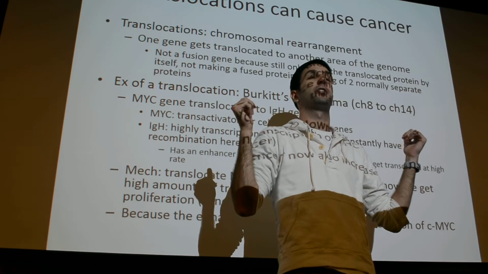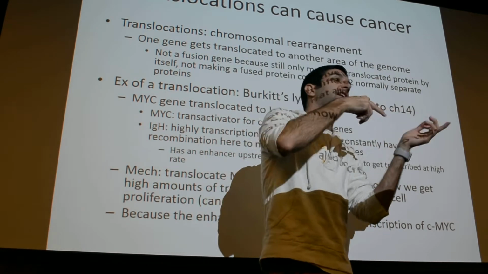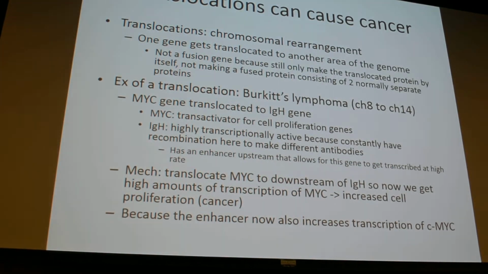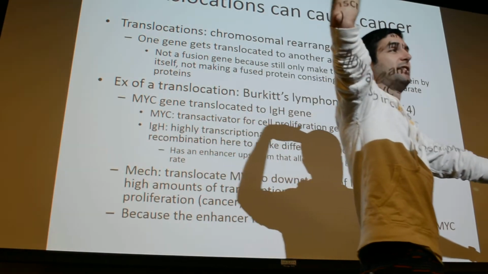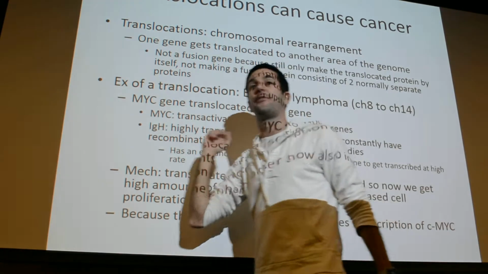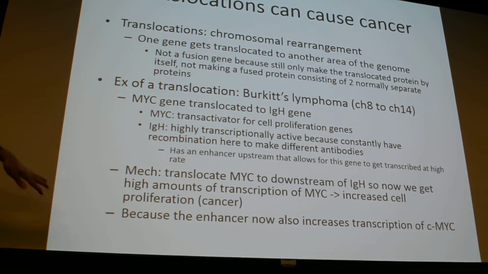These are B cells, right? Not T cells, sorry. These are the B cells. So they're constantly making IgH, IgA, all the different IgGs, and they're going to be slightly different to try to bind to any possible antigen. Normally, that's okay. IgH should be moderately high. MYC should be pretty low, if non-existent, because if I have a lot of MYC, I'm going to be constantly dividing. What happens in Burkitt's lymphoma is I get a translocation where that MYC gets put pretty close to